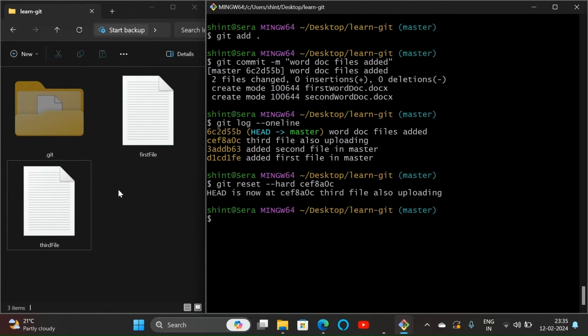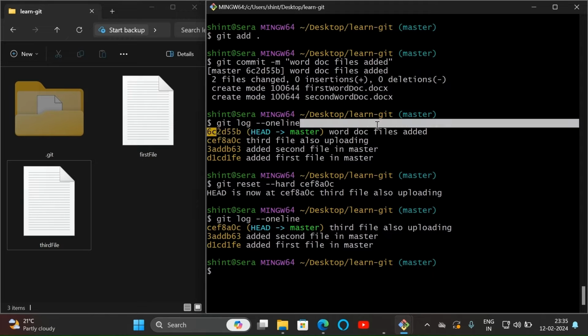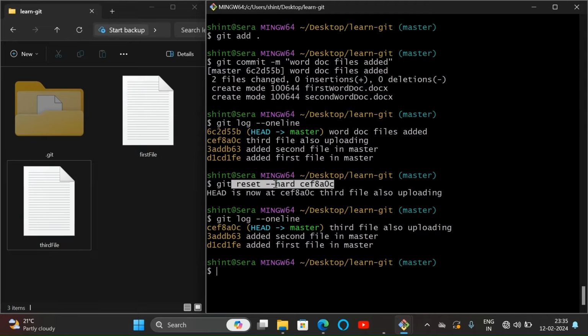Oops, the Word doc files are removed. Successfully, the mission is completed. Now if I check the log with git log one line, see there are only 3 commits. Earlier there were 4 commits. The 4th commit we removed, or we changed the position of head to the 3rd commit, and we have lost